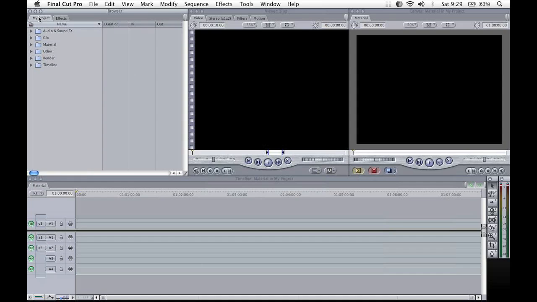Alright, and then in my project tab, this is where I have all my bins, and I have a bin for audio, graphic, material, other, render, and timeline. Inside the audio, I have all my audio files. This is where I have all my graphic files, my footage, other stuff, my rendered shots from visual effect comps and stuff. And then I have my timeline folder. This is where I keep all my timeline sequences, and this is a pretty